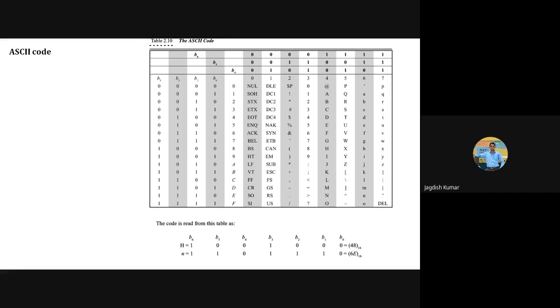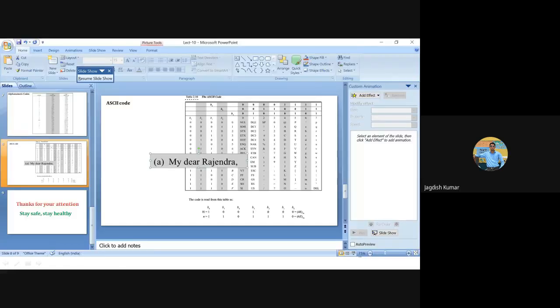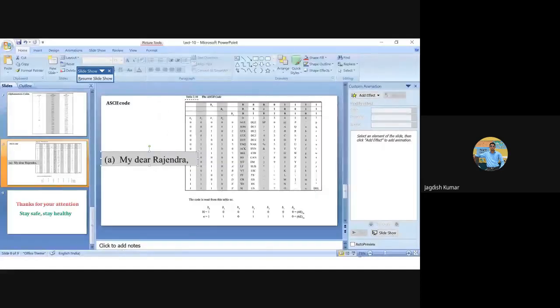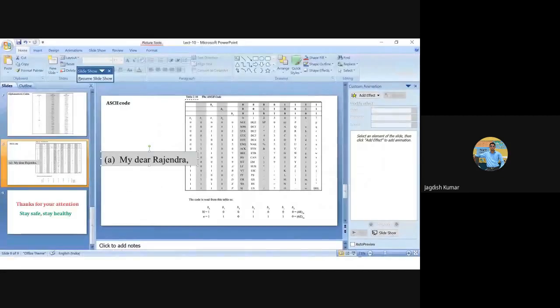There are some more examples which have been worked out here in the book. For example, let us assume that somebody writes a word or a small sentence like this one: My dear Rajendra, comma.